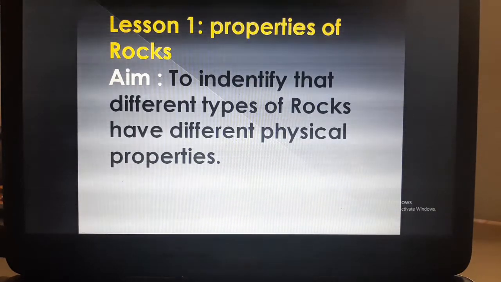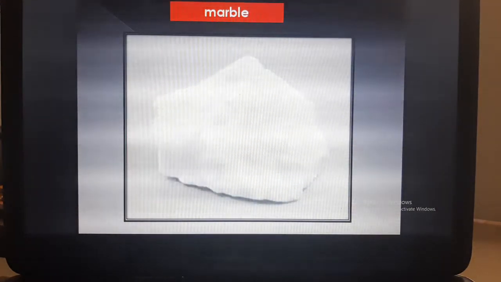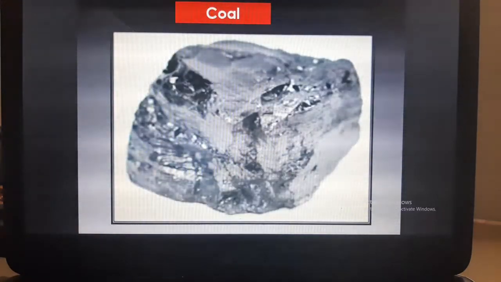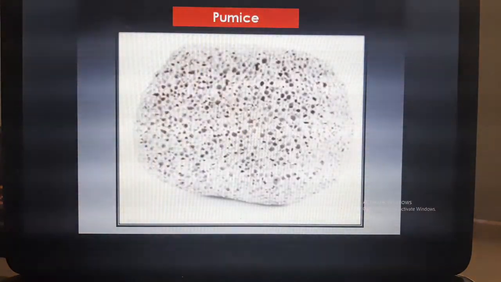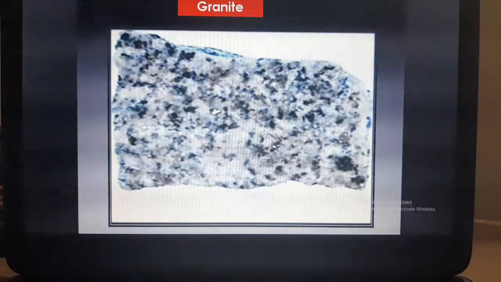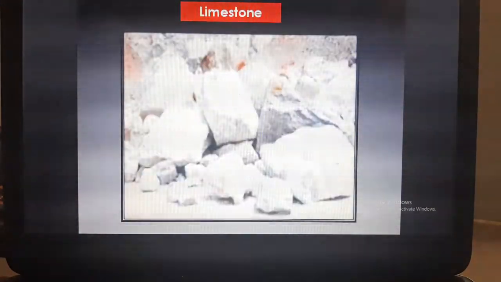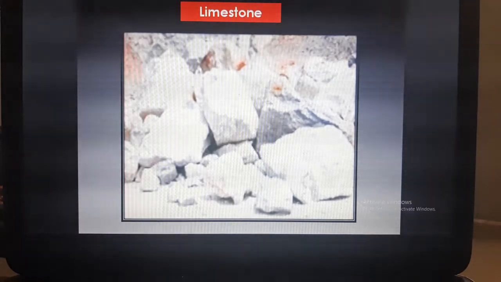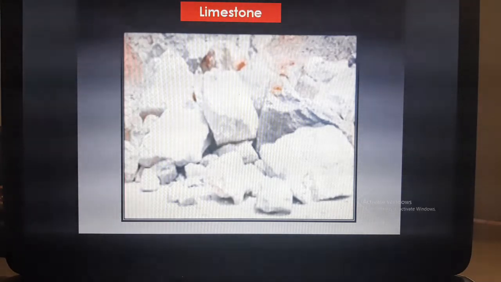Okay, so see here. What is this? Look carefully, students. What is this? These are all rocks. What do rocks mean? Do you know that? Where can you see them, and where do we keep all these rocks? Do you have some ideas, students? You can see all these rocks are different. Based on physical properties, they are different, right?